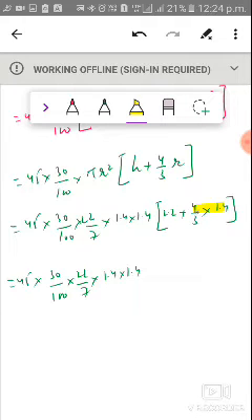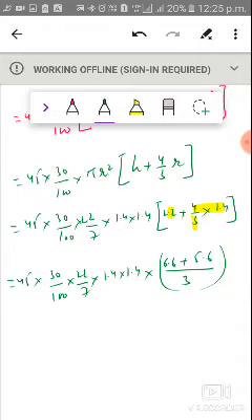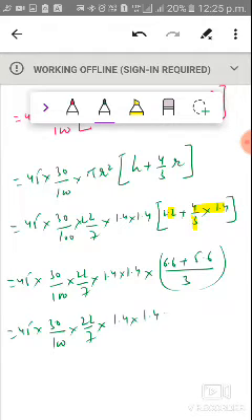And when we solve this one, 4 into 1.4 is 5.6, and then we'll take the LCM. So overall you'll get multiplied by 3, 3 times 2.2 is 6.6, plus 1.4 into 4 is 5.6, all by 3. Solving further: 45 multiplied by 30 by 100 multiplied by 22 by 7 multiplied by 1.4 into 1.4 and multiplied by 6.6 plus 5.6, that is 12.2 by 3.